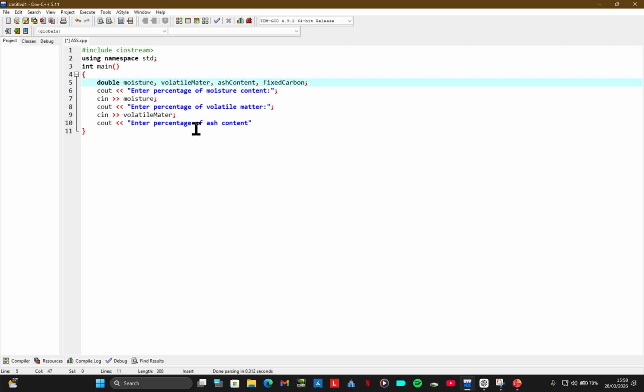That's more organized. Let me also put here moisture content. Have some uniformity. In coding, organization and uniformity is very important. You have to be very organized. Otherwise, when the code reaches 30, 40 lines, 70 lines, 90 lines, we begin having problems if we've not been organized, right? So we give the user a chance to put in the